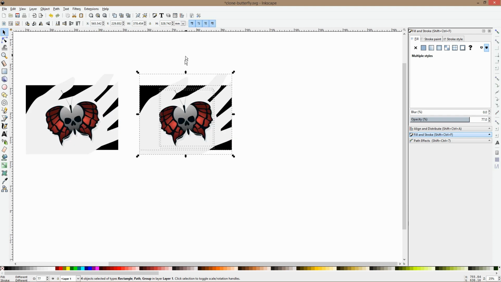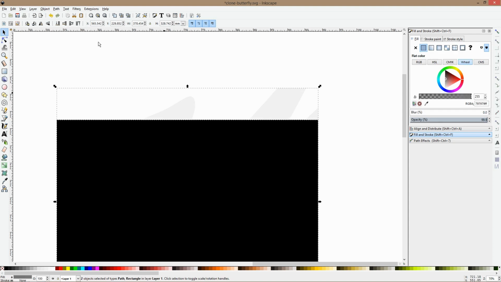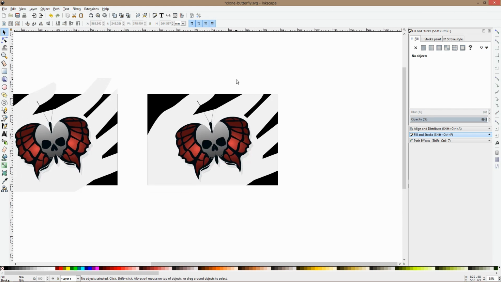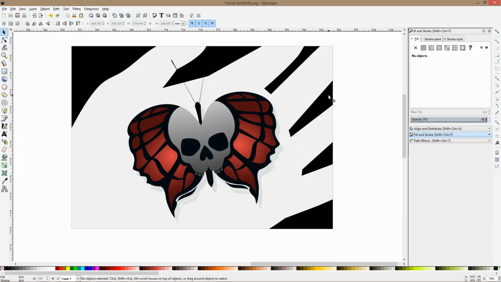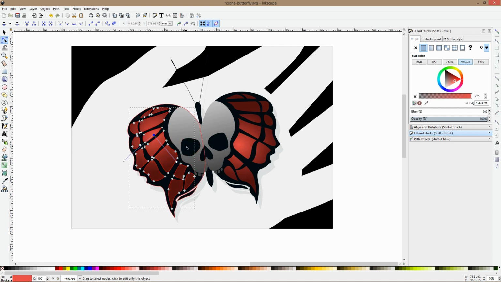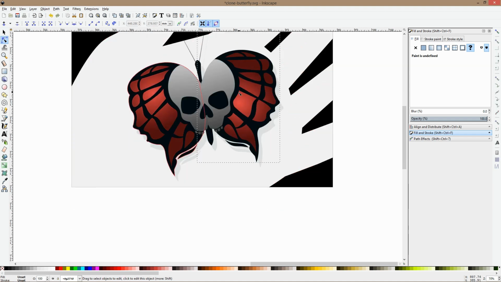I duplicate it so I don't have to draw the hand again. Path, intersection. So this is it. It looks very metal now. I hope you can still see the heads of the little girls. You can still see the shape, the skull. And now because they are unlinked, I can change the color in this one and leave the color here,